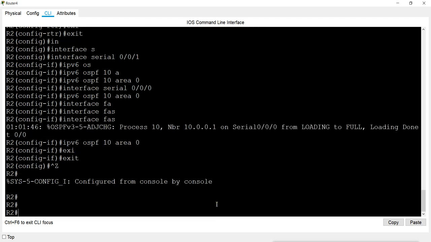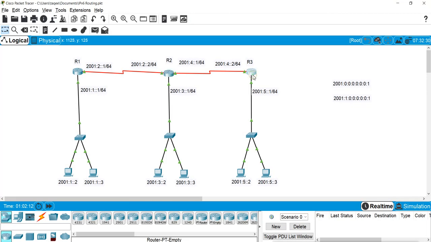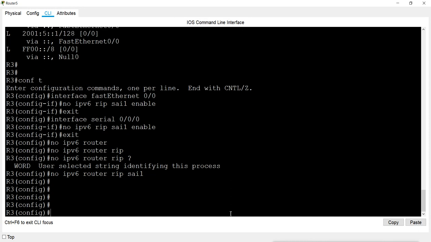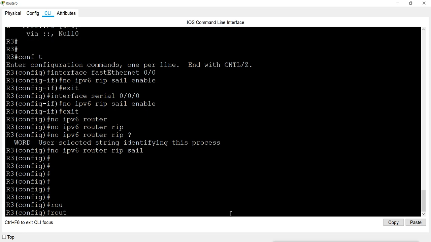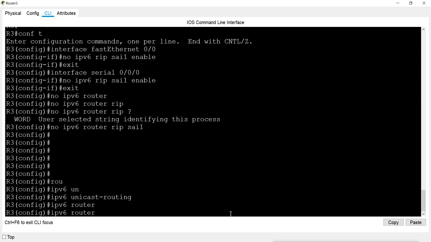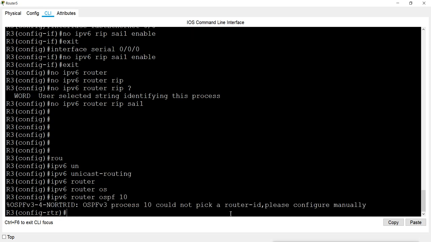Now I will go to router 3. And I will give the command first ipv6 unicast-routing, then ipv6 router ospf, process ID 10, then router-id.